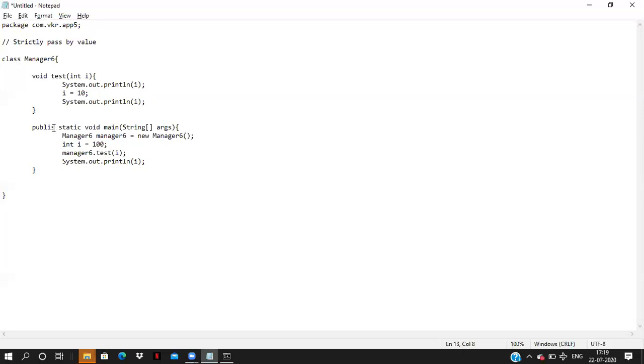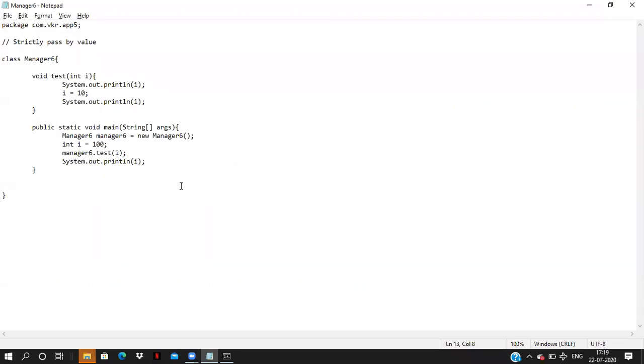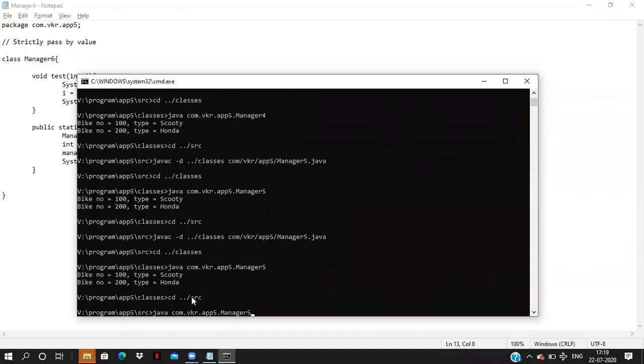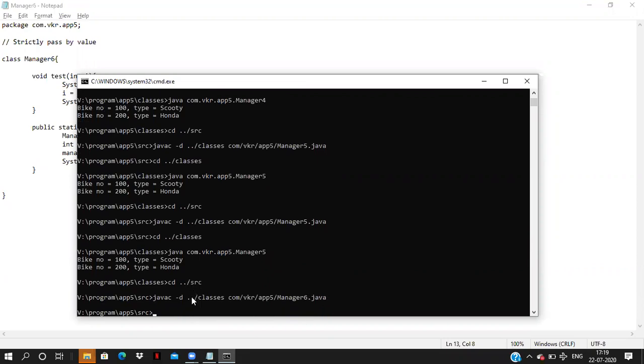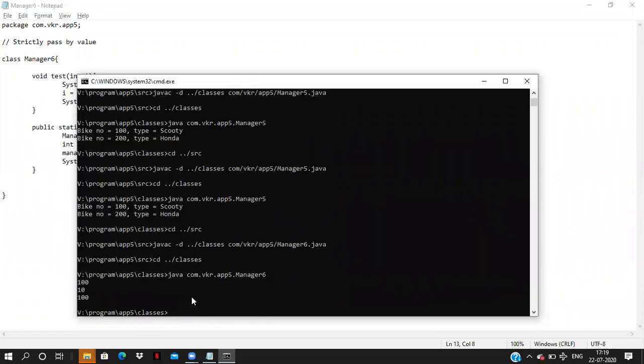You can save this and compile this, Manager6.java. Now compile this using the javac command, Manager6.java. Go to the classes. Now run this. If you see here,